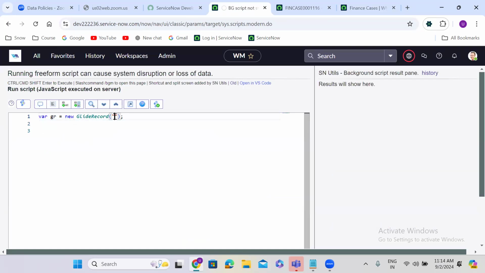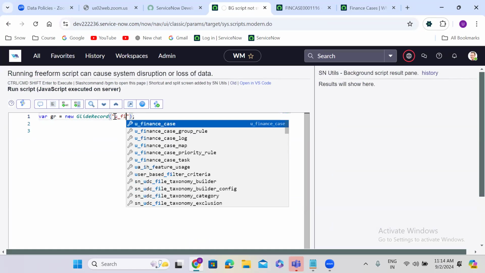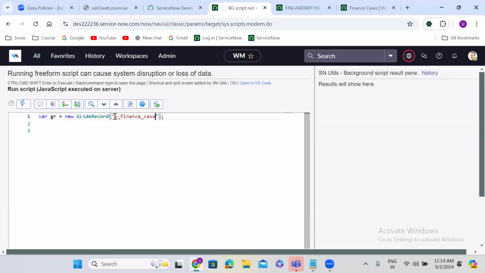So what is our table name? U underscore finance underscore case, right? Why did you say incident, man? Incident is the favorite one. Is incident your favorite table? Okay, in the finance case table,